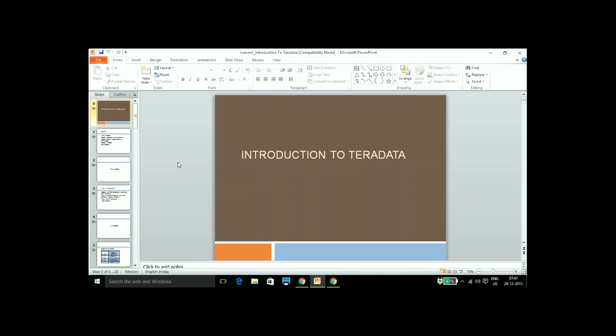Where we'll just get familiar with what is Teradata, why Teradata, when we have other databases, and then